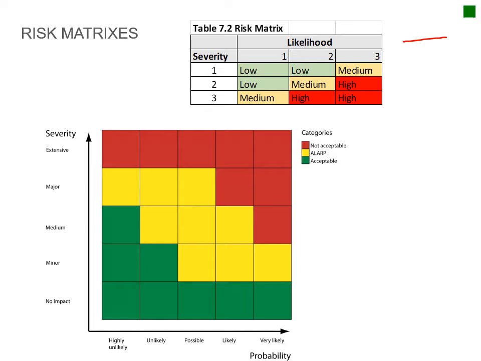So very easily, for instance, you can identify open trenches perhaps as a risk. So you look at the severity, if it's very deep open trenches that you have, and if someone does fall into it,